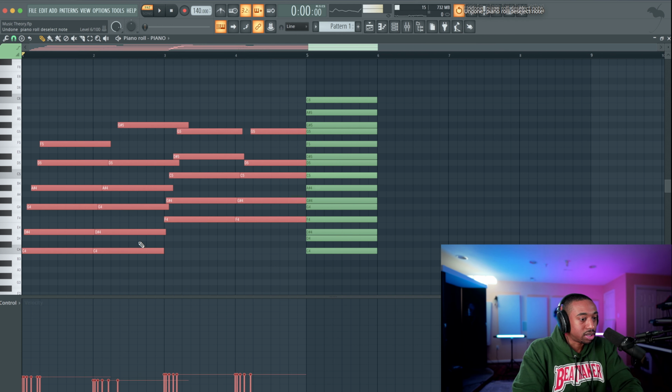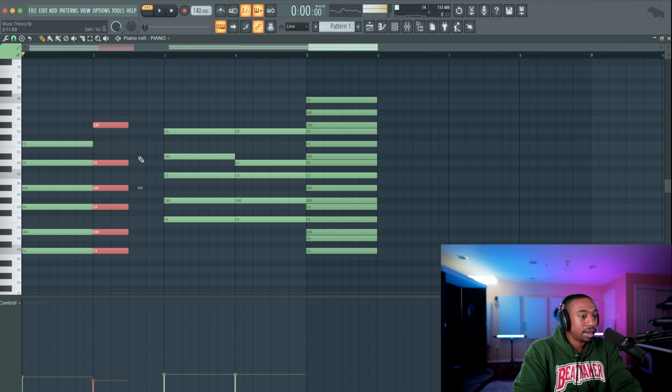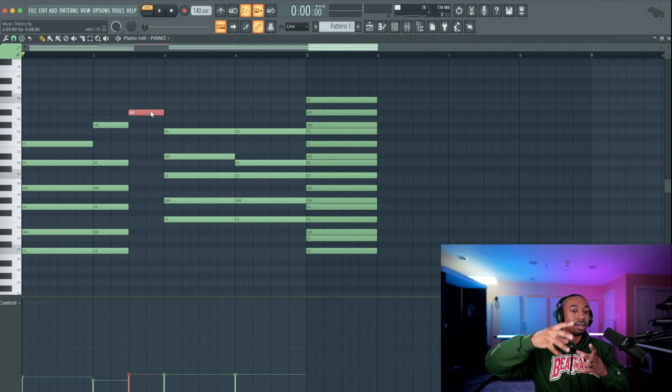So let me Control Z my way back to where we were at the basic chords, just so it's easier to read. And one thing they love about R&B is a turnaround chord or a passing chord. So what we'll do is we'll add in a chord here. So I'm going to add this note right here, and then we're going to create a passing chord to make it pull away and then pull back into the storyline.